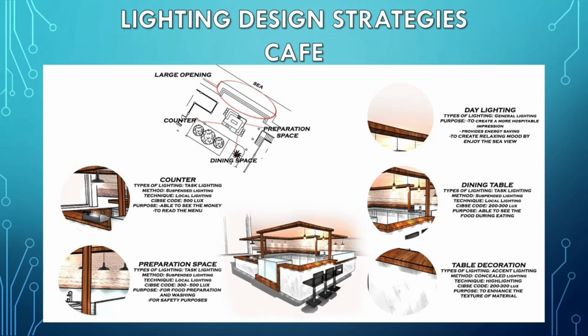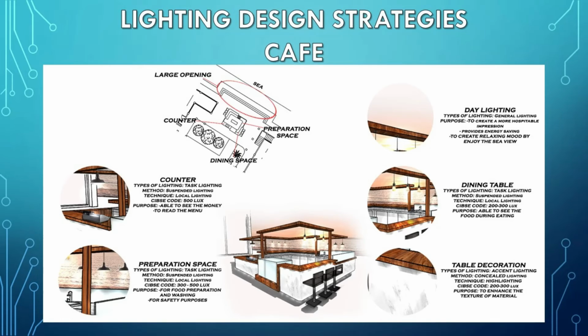Next, the lighting design strategy for the cafe and exhibition hall. For the cafe, there are 3 spaces that need lighting, which are the counter, dining table, and also preparation space. For all these spaces, the same method and technique are used, which are task lighting and suspended lighting. However, each space requires different sufficient illumination. At the counter, 500 lux is required to be able to see the money during transactions and make it easy for customers